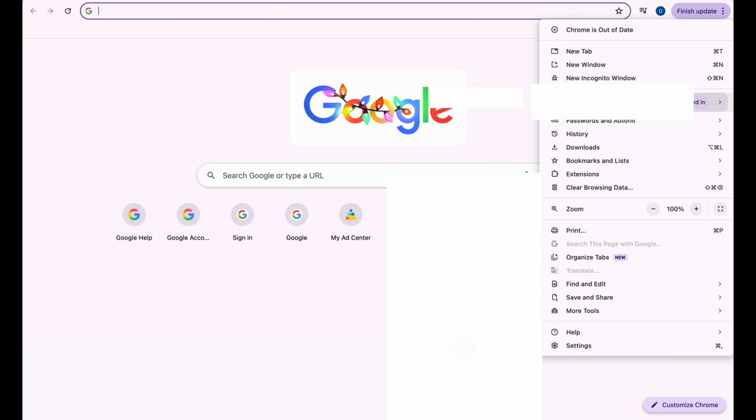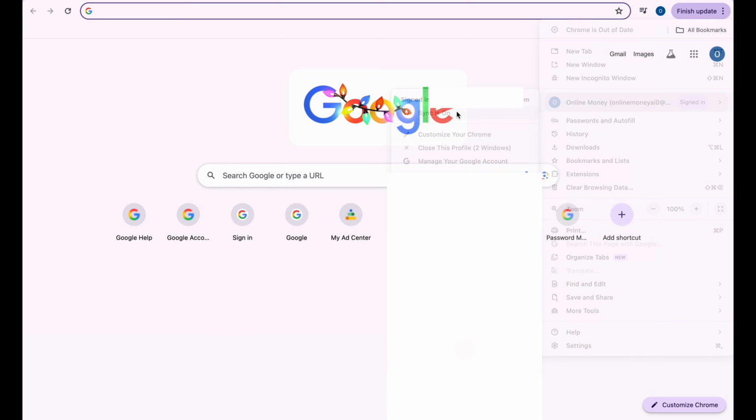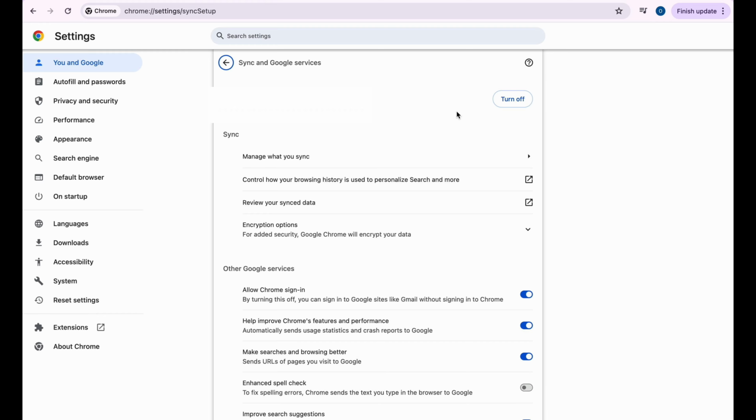Next, tap Manage your Google account. Then swipe over to the Data and Privacy tab. Scroll down until you see Apps and Services you use, and tap Google Account Data or Sync if it appears on your device. Here you'll see every type of data your Google account syncs automatically, like contacts, Gmail, Chrome, Drive,